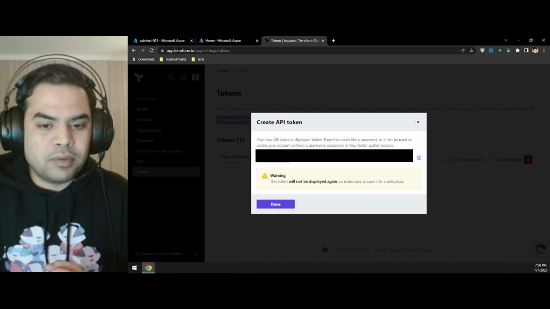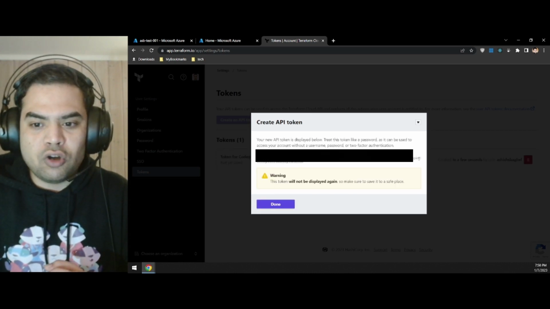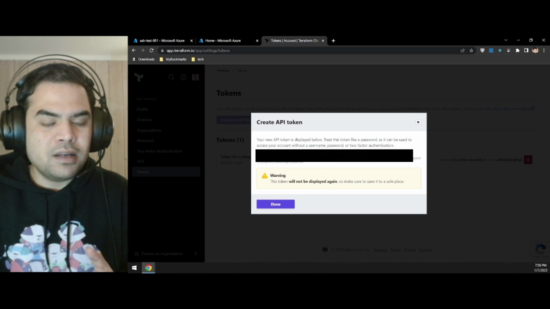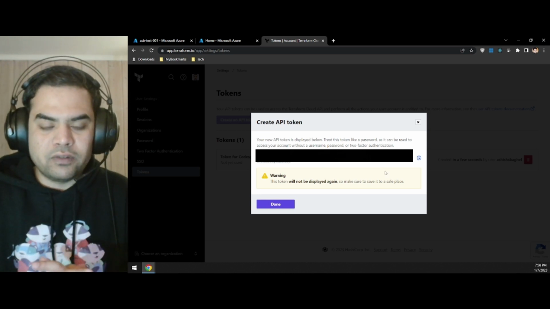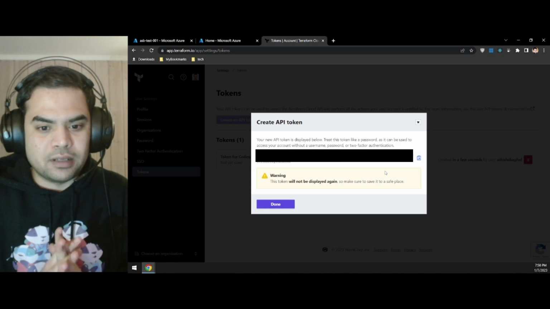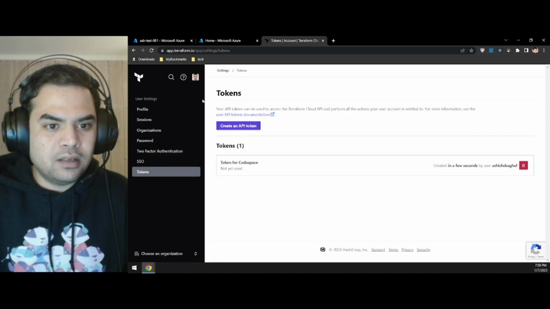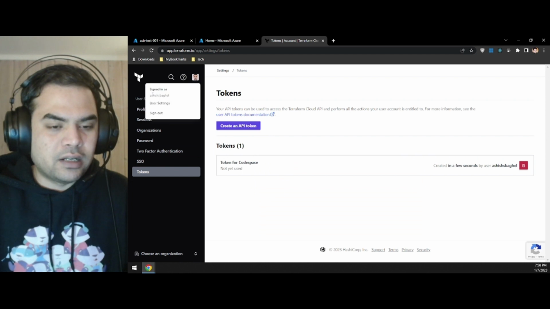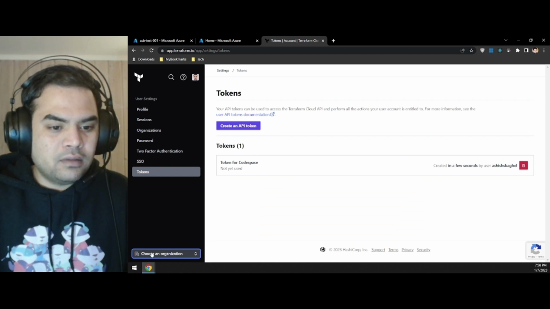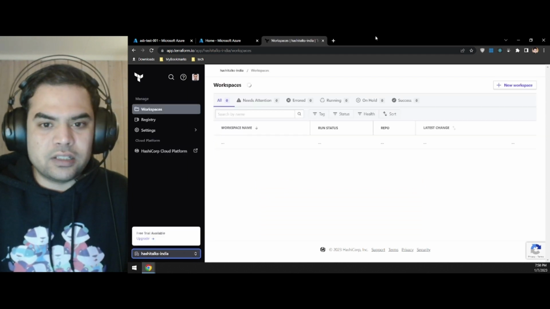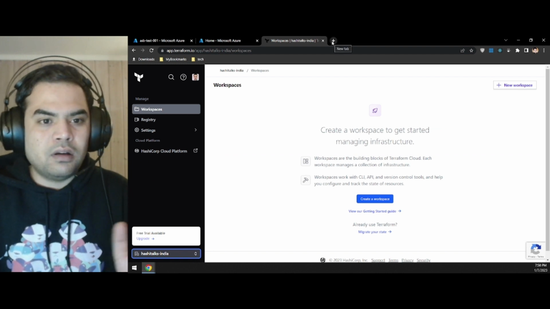I will create this API token and copy this value. Perfect. So the second part of our setup is complete. We have created an API token for our user in Terraform. Perfect. So let's go back to our organization HashiTalks India. Perfect. So this is all we want to do in